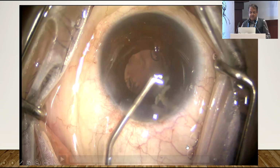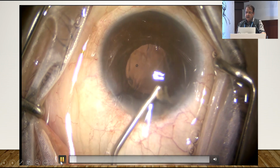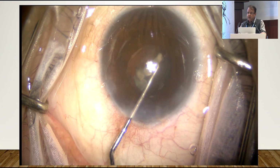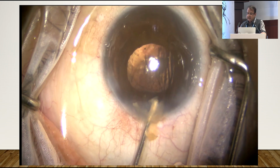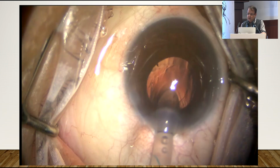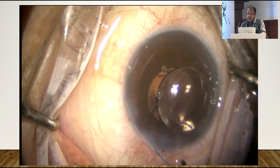If you have any nucleus or nucleus fragment, it will not come with the cutter. You have to remove this either with a fragmentome or with a phacoprobe, or you have to do a visco expression of this nucleus fragment, because these are hard and you cannot cut this. Once the visco expression is done, the lens is placed